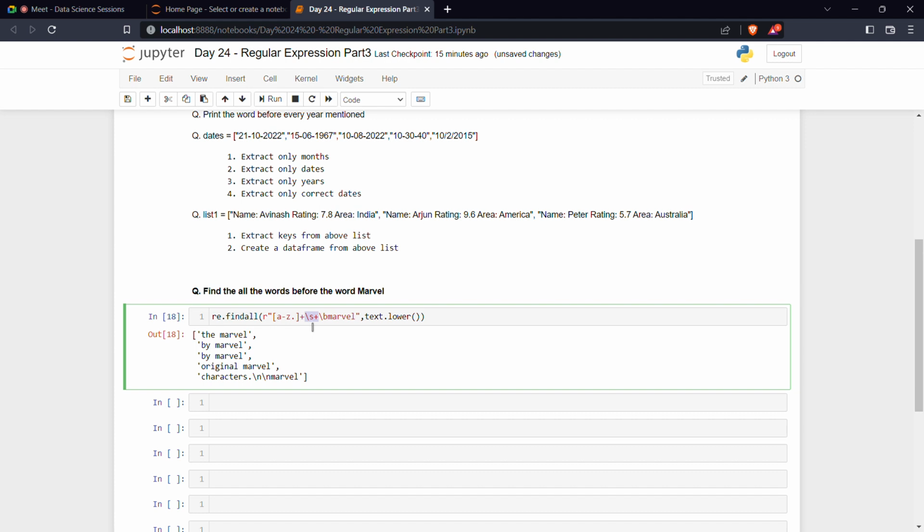Whatever you are including in the square bracket is going to be there inside that square bracket. So here I am putting a to z, all the alphabets. I'm going to look for all the alphabets that are present before the Marvel, and also I have kept dot because there is one word which has ended with a dot, so I have to put this dot also in the square bracket so that it is going to consider that. So that is how we have arrived at our final answer. Based on this,